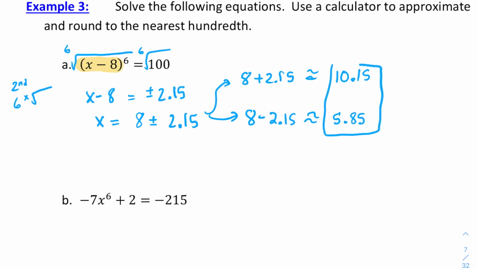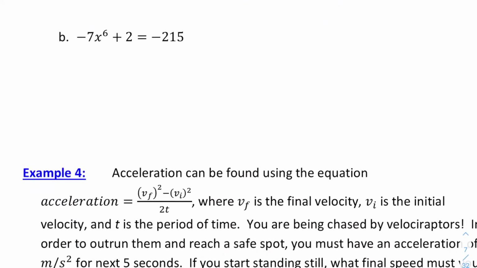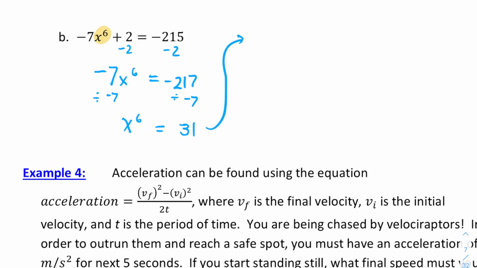5.85. On B, only x is being raised to the 6th power, so we need to get x to the 6th by itself before I do my 6th root. So I'm going to first subtract 2 and then divide both sides by negative 7. So I'll have x to the 6th equals positive 31, and then I'll do the 6th root of both sides in my calculator. Since I'm rounding to the nearest hundredth, it's going to be approximately positive and negative